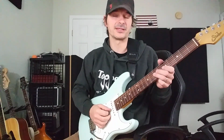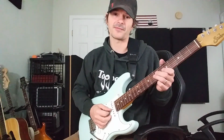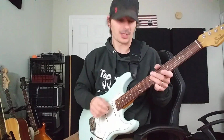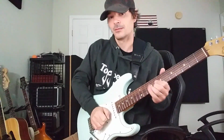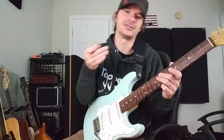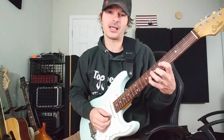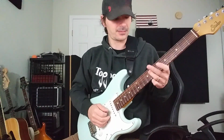Right? And then we're going to go to the D note on the 3rd string, 7th fret. C, that's the 3rd string, 5th fret. Now here is our B flat. This is where we got last week. We used that same kind of thing to do that little idea. What we're going to do is use this and go down instead of going up in pitch. So we're going to do our F, E, G, F, E, D, C, B flat,